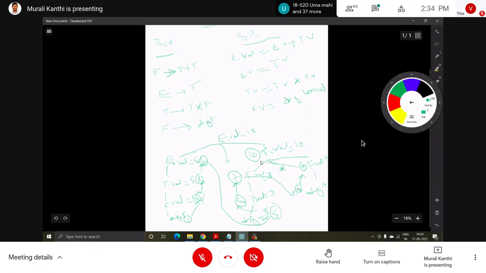So 9 to 10, then 10 to 11. Okay, so this is a graph. This is a dependency graph. This dependency graph is specifying the order of execution. First perform this operation, next this operation, next this operation.